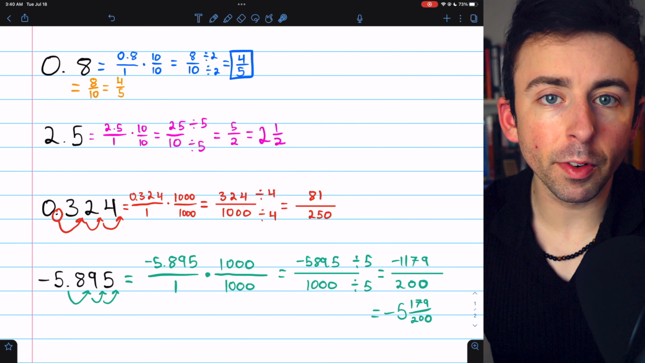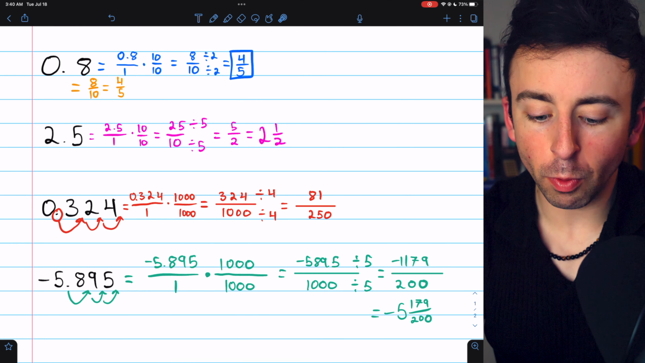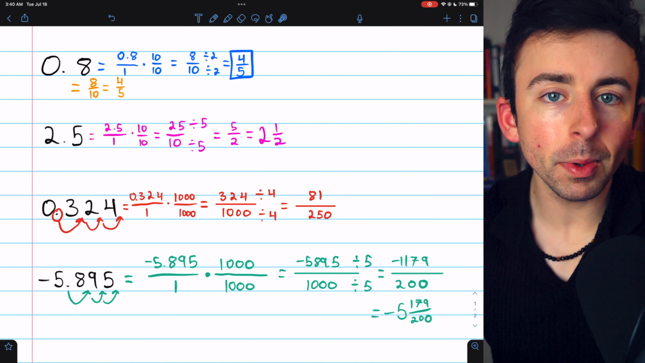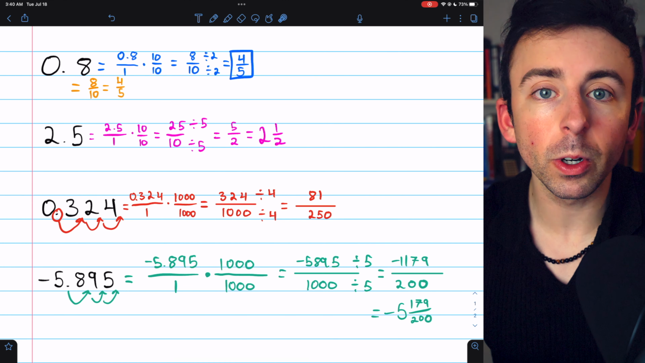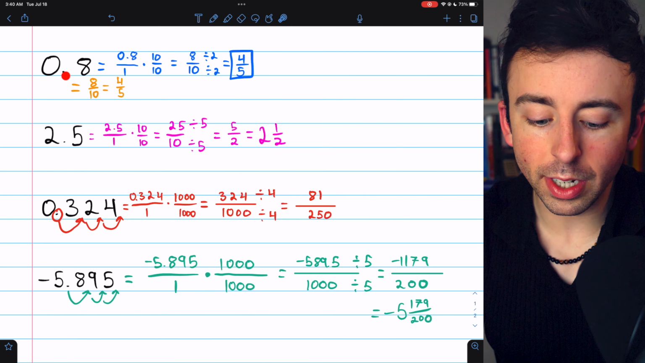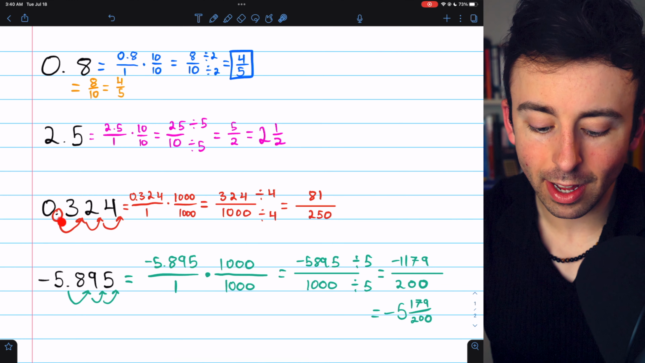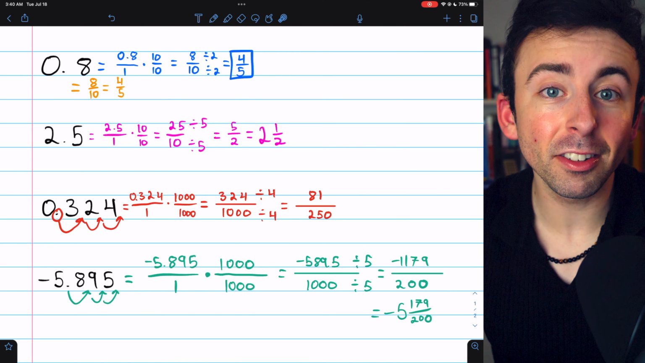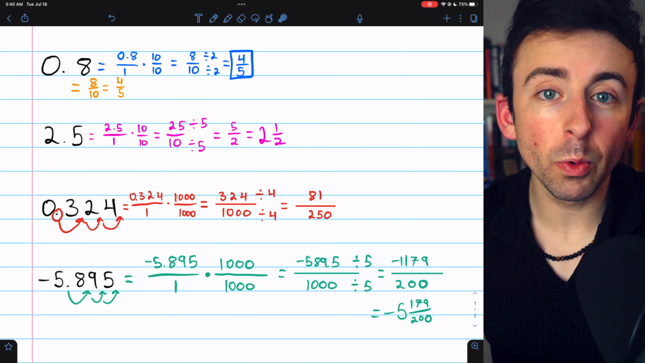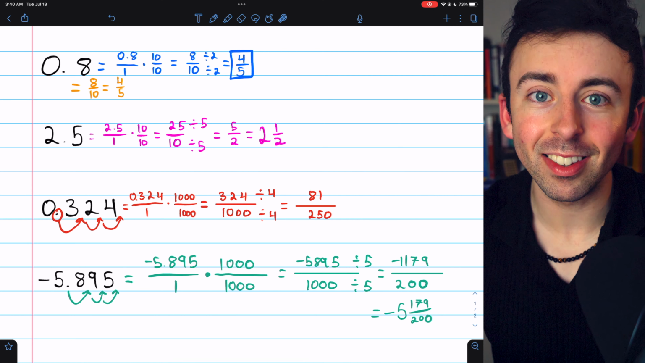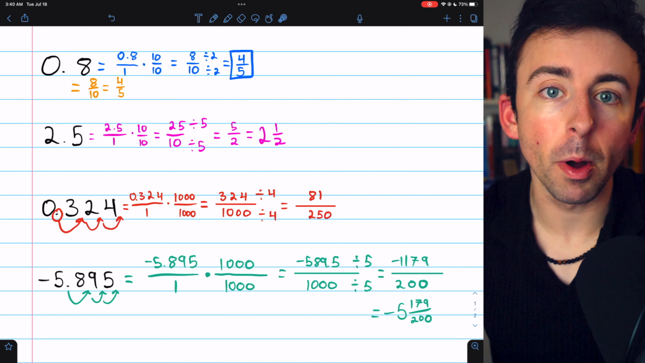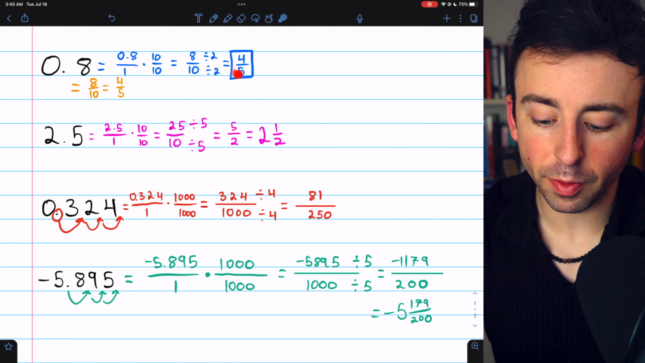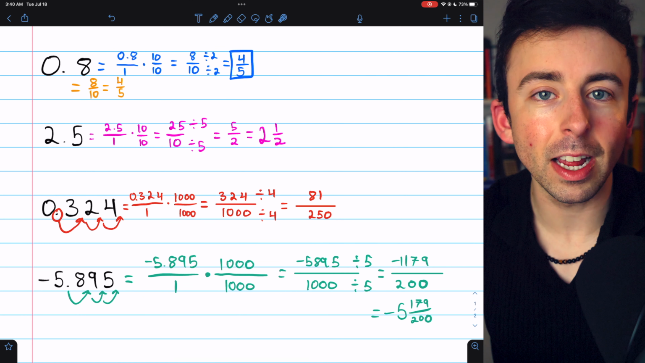And that's it. To convert a decimal to a fraction, just write the decimal over 1, and then multiply the numerator and denominator by the appropriate power of 10 in order to move the decimal point to the right of your non-zero digits. Again, it looks like the decimal's moving to the right, but really what this is doing is moving the digits to the left because it's making them all 10 times as big. And once you've done that, just make sure to simplify your fraction and write it as a mixed number if